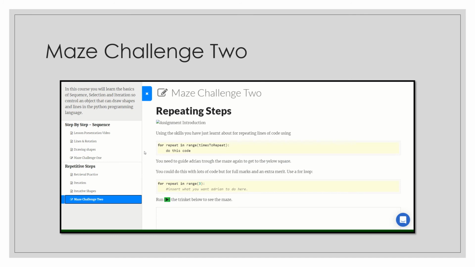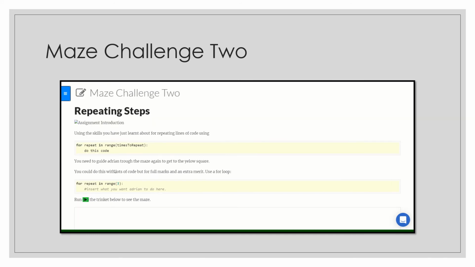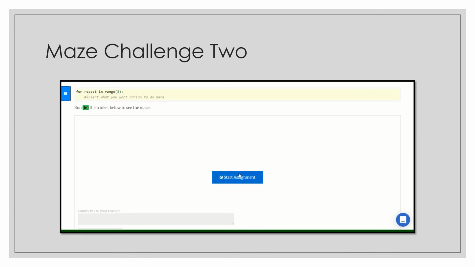Now that you've had a chance to play around with a for loop, hopefully, or at least repeating lines of code to produce something, we now need to move on to the second assessment, Maze Challenge 2. So you select it from the side here. There are some reminders of the code, as well as you've got your cheat sheet with some examples on there. We have the assignment here,